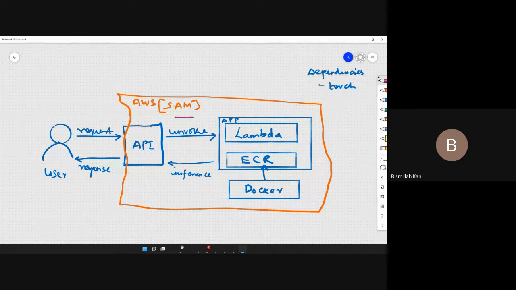Probably we have to add an SQS queue, right? And what will happen is the API will forward all the requests to SQS. Okay, and in this SQS you will have your requests queued up like this, and then you have your Lambda,